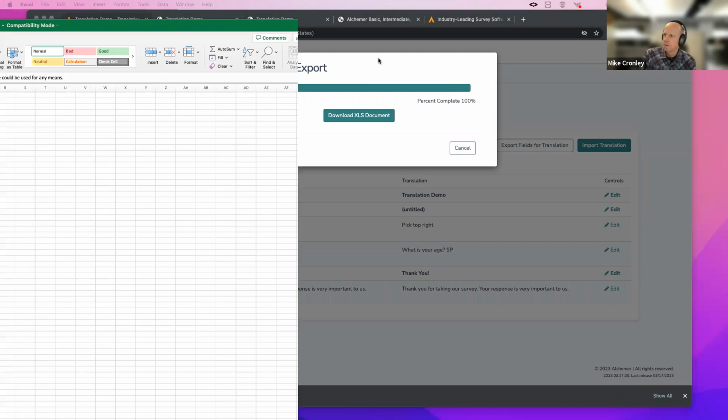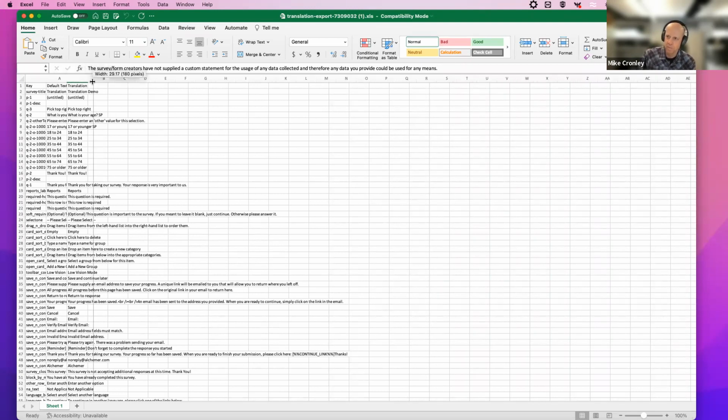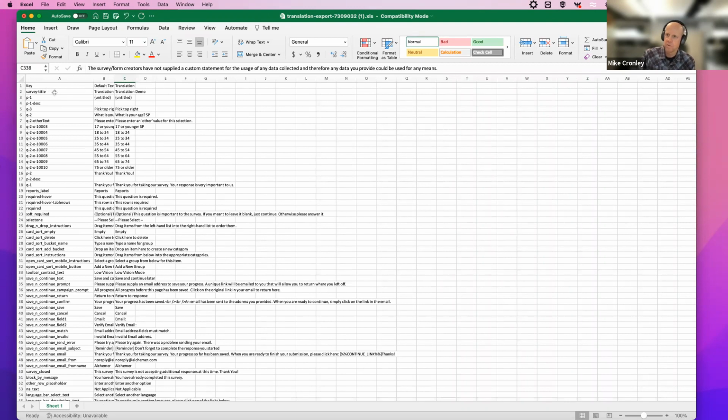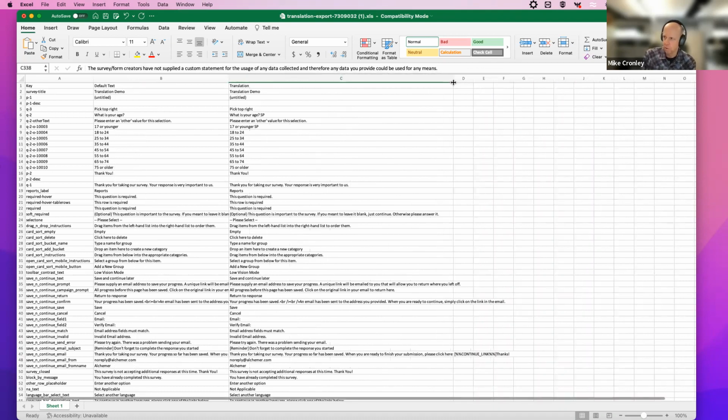There we go. Okay, when you first see this, it is overwhelming, like what is happening here, just the way it comes out. So I just wanted to show you these 3 columns that I think are helpful to understand. So the first is our system generated kind of codes, which you just don't have to really worry about. And then there's a second column is the default text. So leave this column alone. So these first two columns you don't have to adjust. The third column is where you do the work.